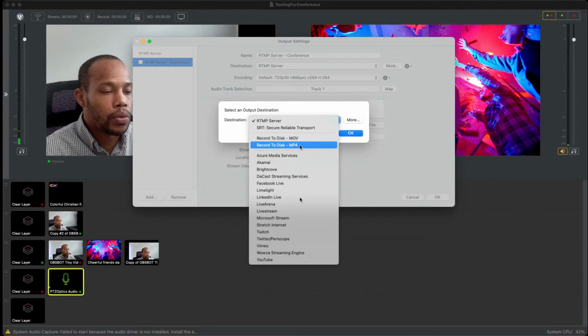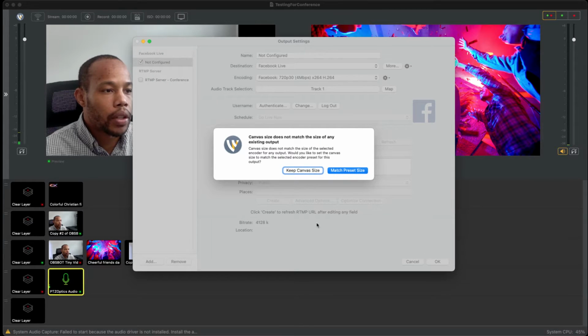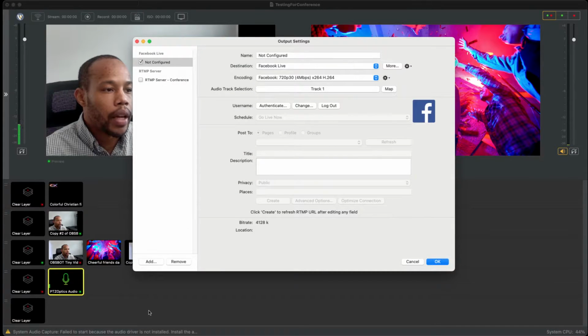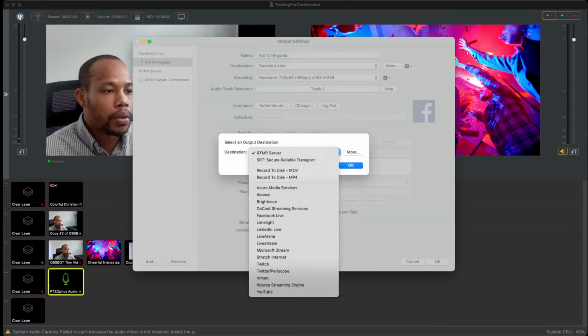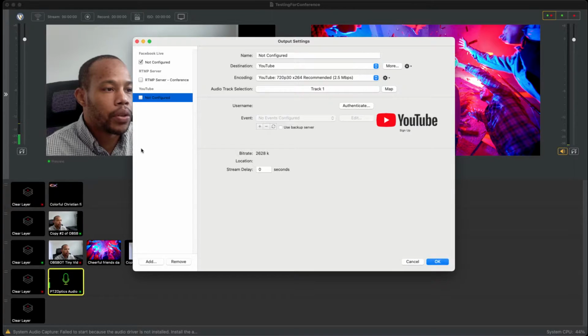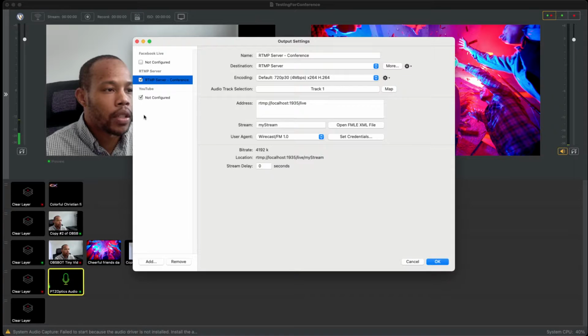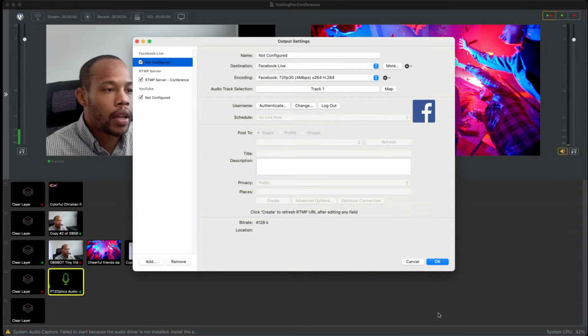So if I wanted to, let's say if I want to go to Facebook Live, and I'm not going to log in and configure everything, I could do that. I could add YouTube as well. And when I'm ready to go live, all I need to do is make sure that I have each of these checked, because anything that's unchecked, it will not go to. Once I check all of these and select OK, if they were configured, obviously, when I hit stream, it would go to all three locations that I have selected